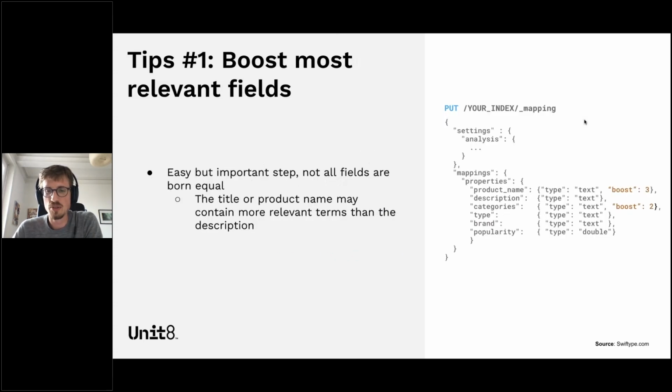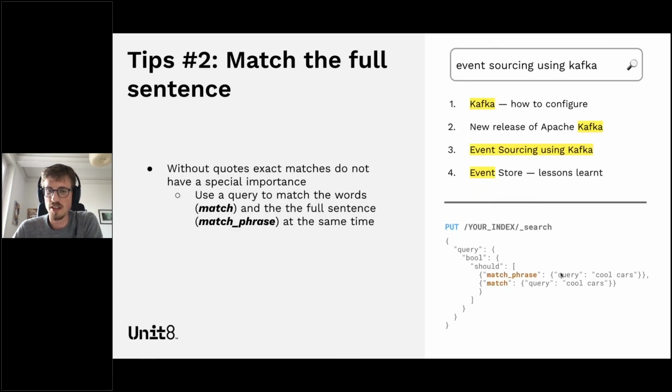And then what you can also do is use that match phrase that will look for documents that have the exact sentence. And here, this should is going to combine the score of the two. And if one has a match phrase, it will have a non-zero score here and thus appear higher. And that's how we can make results such as these appear higher in the ranking.